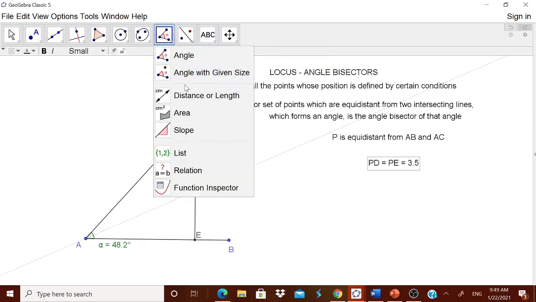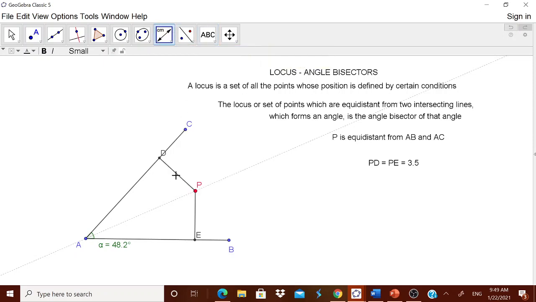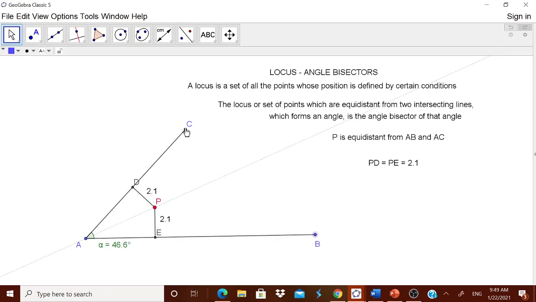If you want to show it here also, you can show it. For that, I think already I told you, distance or length, you keep it and then touch this 3.5, touch this 3.5. Okay, both are 3.5. And remember, this distance is always equal whenever you move this. Okay, you see, when you move it, it is going on changing. You can extend it a bit, so that a child can go up to certain place and then check it out.